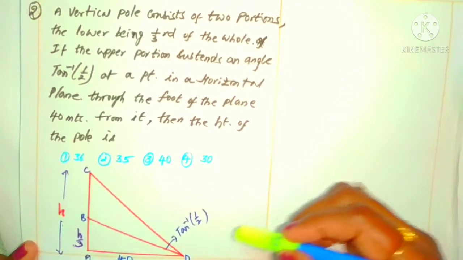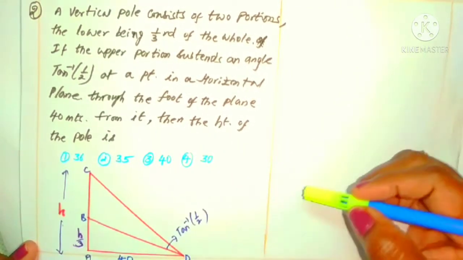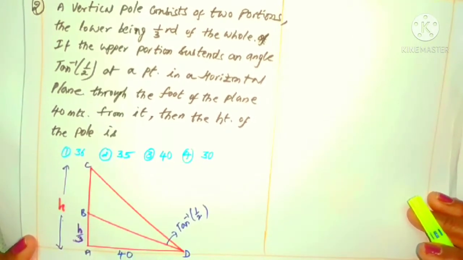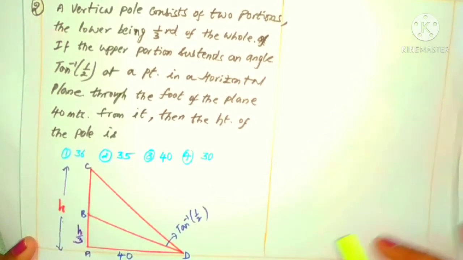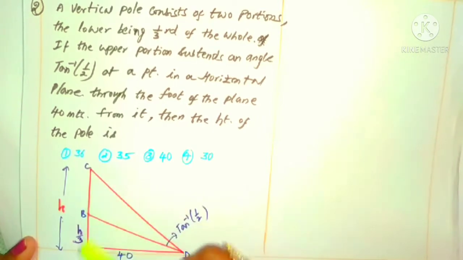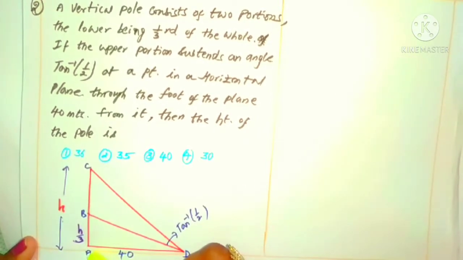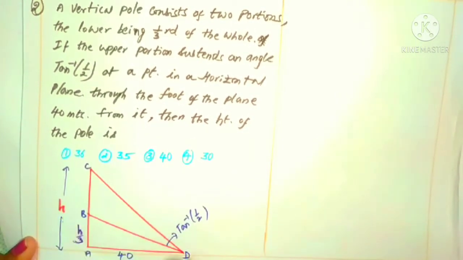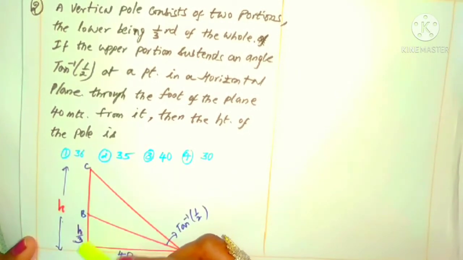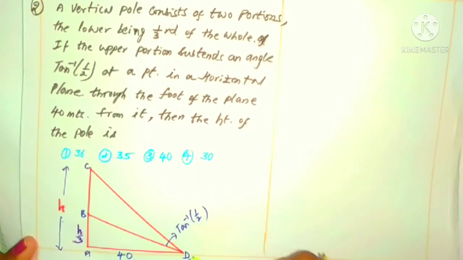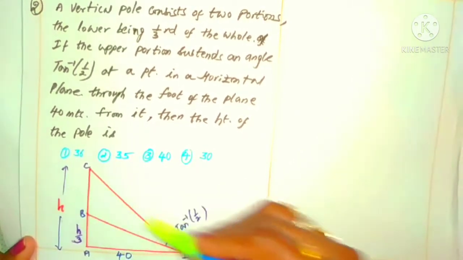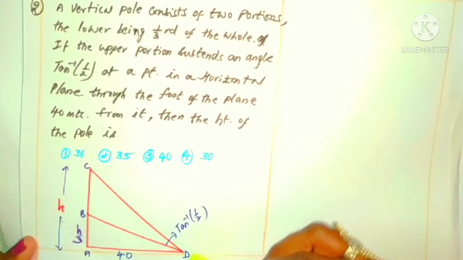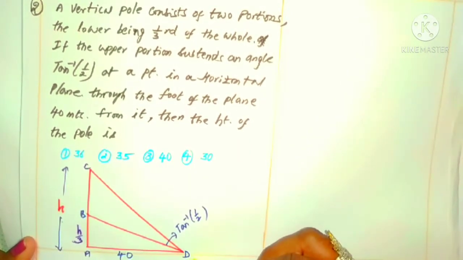Okay, you are given only directly, but you have to take the names like A, B, C, D, etc. So you can understand easily what is its upper part and what is its lower part. What is the upper part here? BC. The lower part is AB. If I take AC as the total tower of height h, given that the lower part length is 1/3, meaning h by 3. So what is angle BDC is given as tan inverse 1 by 2, where D is 40 meters away from the foot of the tower A.